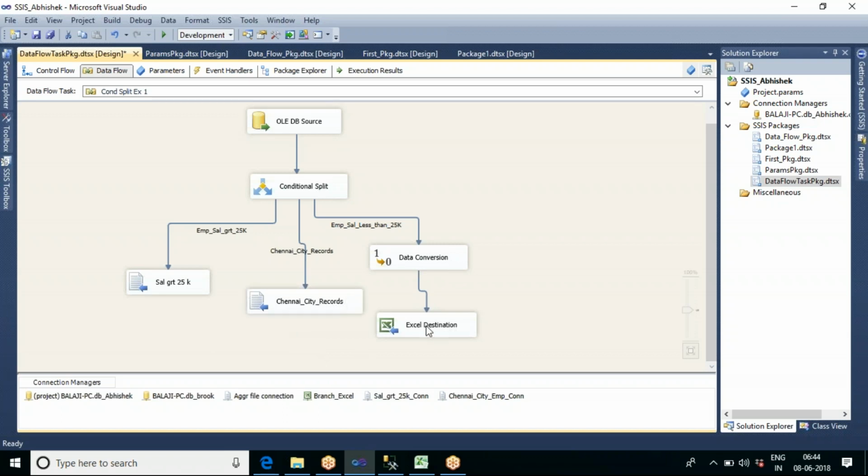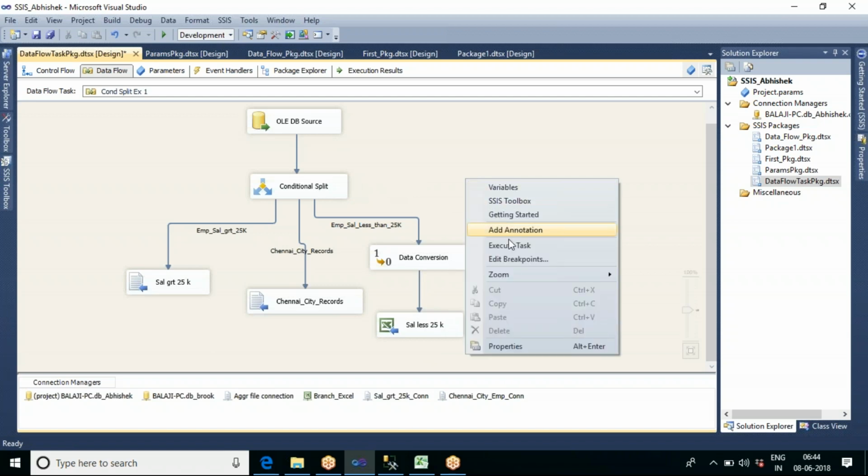And this is salary less than 25k. Now let us go and execute and see how it behaves.